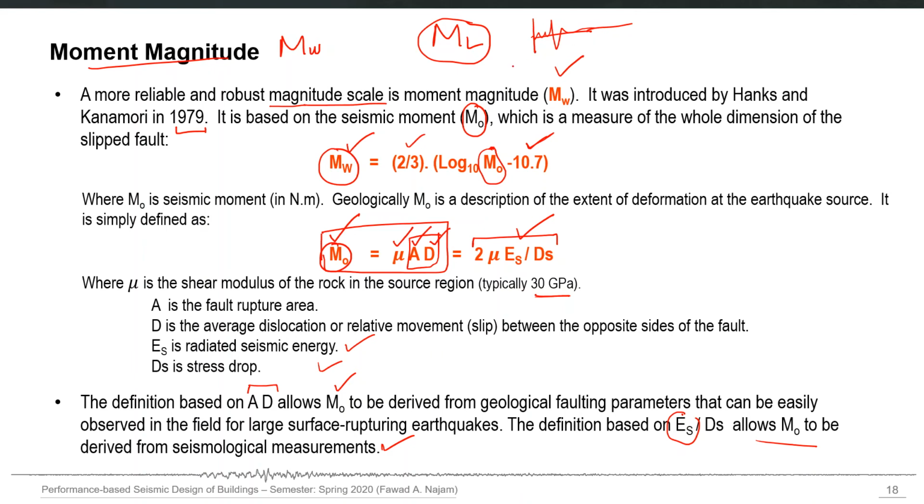But the calculation of MW will take some time. So the very first magnitude which is recorded, and which you can say is also reported through the media, most of the time is the Richter magnitude scale, ML. Although we know that now it is replaced by a more reliable and robust magnitude scale, MW,